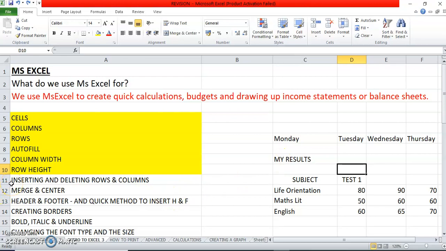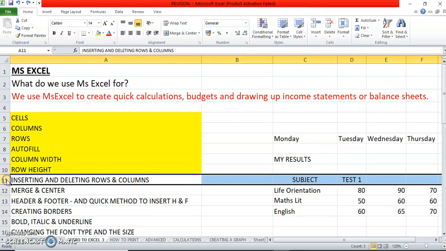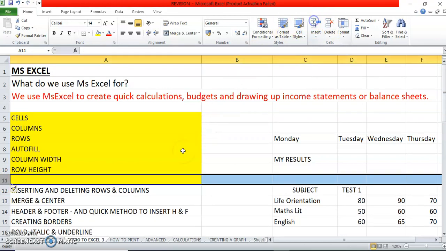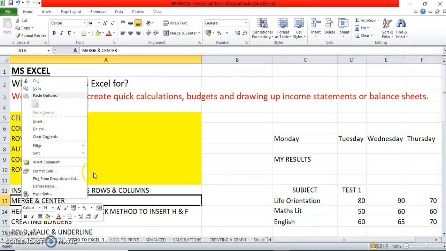And then basically what we're going to do now is we need to show you how to insert a row. So the same way you inserted a column, you'd be inserting a row. You click on 11, it highlights the entire row. Do you notice that? And all you'll do is, again, you'll go under home, you'll say insert, either picture or the down arrow, or right click on the row, the row number. Okay, so all I'm going to do is I'm going to click on insert, and it inserts a row for me. So if I wanted to delete that row, which I do want to do, what I'm going to do is